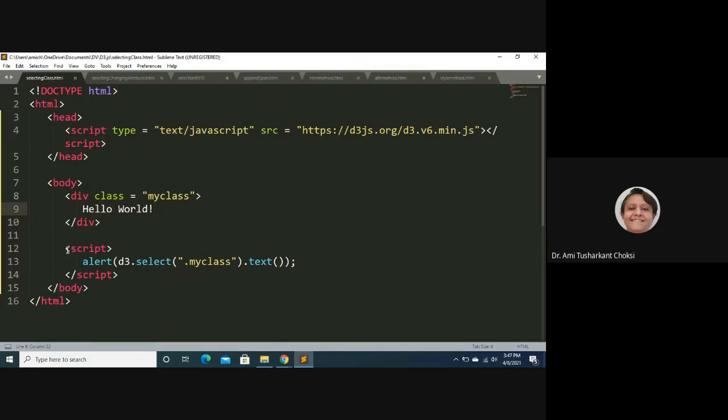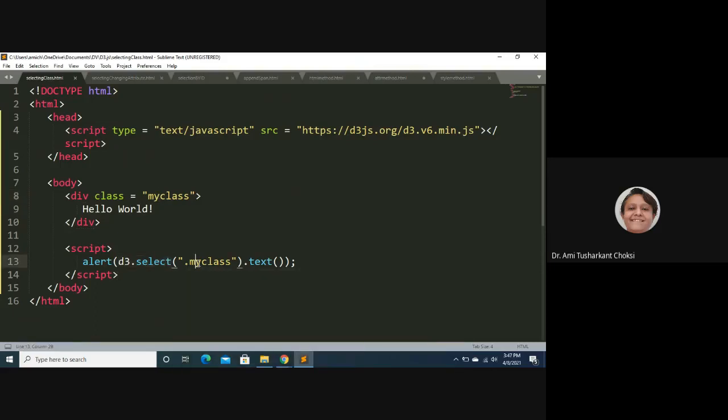Okay, now we are writing the script inside that using the alert as we want to see the alert box. Now, is that our aim? No, our aim is to use the d3.select for the particular class, that is the my class. So how we can do that? It is very simple.